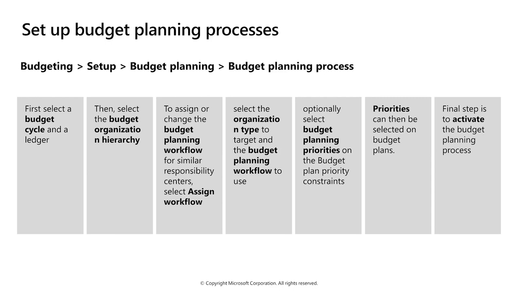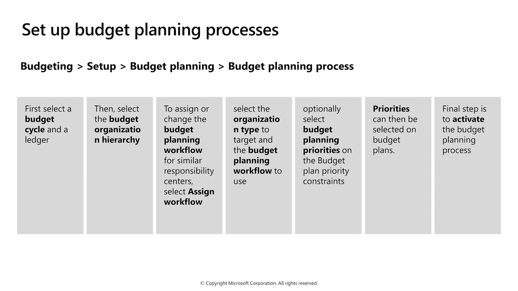To select the layouts that are available for the budget plan, select the alternate layout. We can optionally select budget plan priorities on the budget plan priority constraints fast tab. Priorities can then be selected on the budget plan. The final step is to activate the budget plan